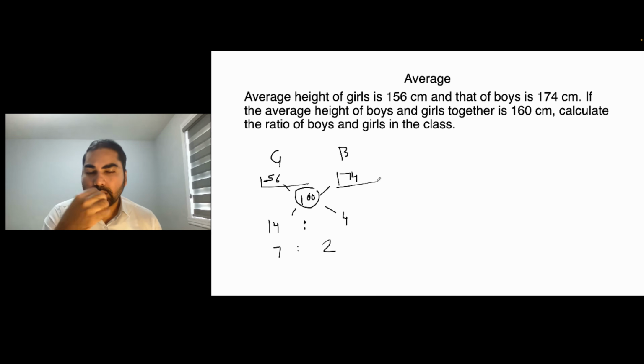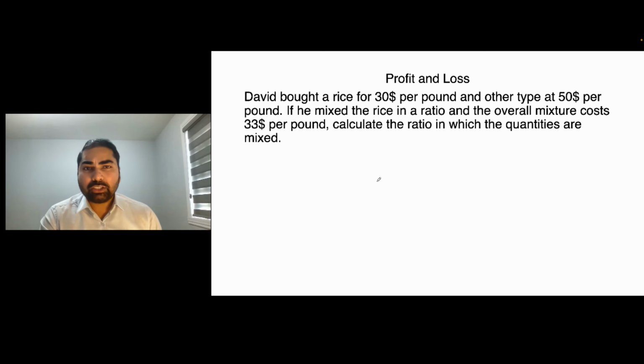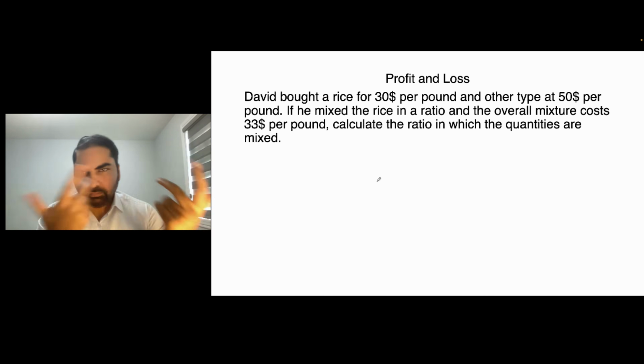So that's one of the ways this allegation applies. Another way this allegation applies is you'll see a lot of profit and loss questions, where people are mixing two kinds of things together in terms of their cost, and you get an overall cost. So for instance, this is the question here. It says David bought a rice bag for